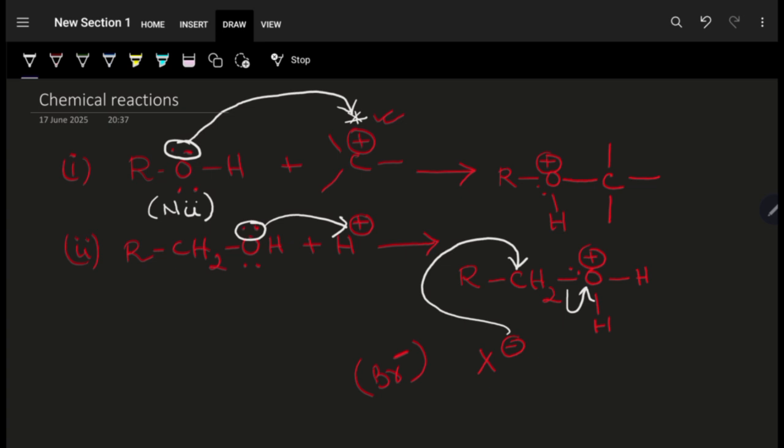So this positive charge above oxygen atom induces a polarity in the carbon-oxygen bond, and for which the carbon end attains a delta positive nature. This carbon attains a delta positive nature. That's why it attacks this carbon, and OH2, I mean water molecule, goes out as a neutral leaving group. H2O is a neutral leaving group, and it's a very good leaving group.